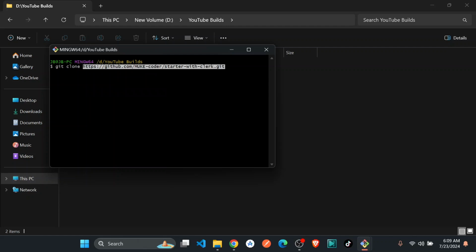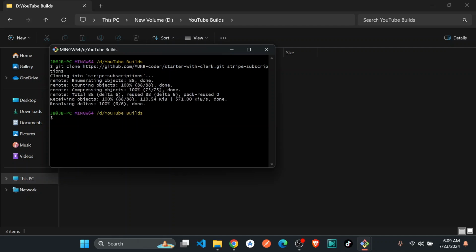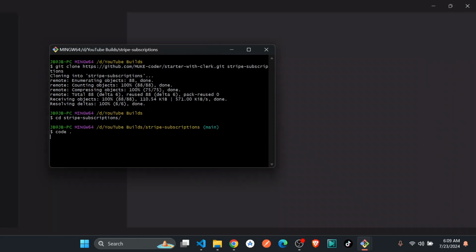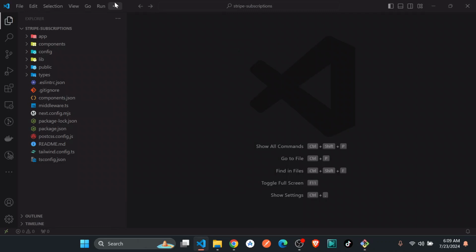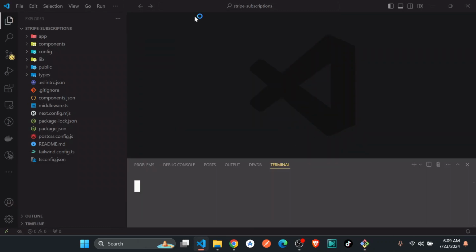You can name it anything, maybe for instance, stripe-subscriptions, just like this. And then we clone into that. I'm just going to cd into stripe, and say code dot, and this will open it in VS Code. And then I'm just going to open the terminal